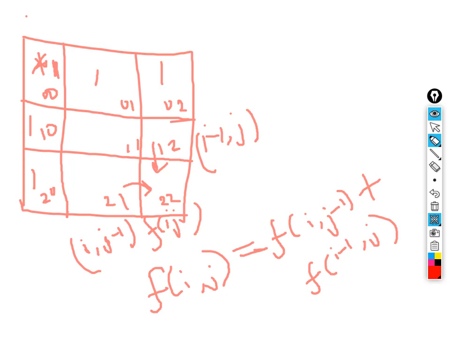Okay, so next thing that we would do: earlier I was implementing the bottom up approach, but what I'm trying to figure out is how to utilize these ones, because we already know that these places can be reached in only one way. So now if we have to reach this 1 comma 1, in how many ways can we reach it? See, this can be reached from here or from here. So this 1 comma 1 is reachable in how many ways? This 1 plus 1, that would be 2 over here.